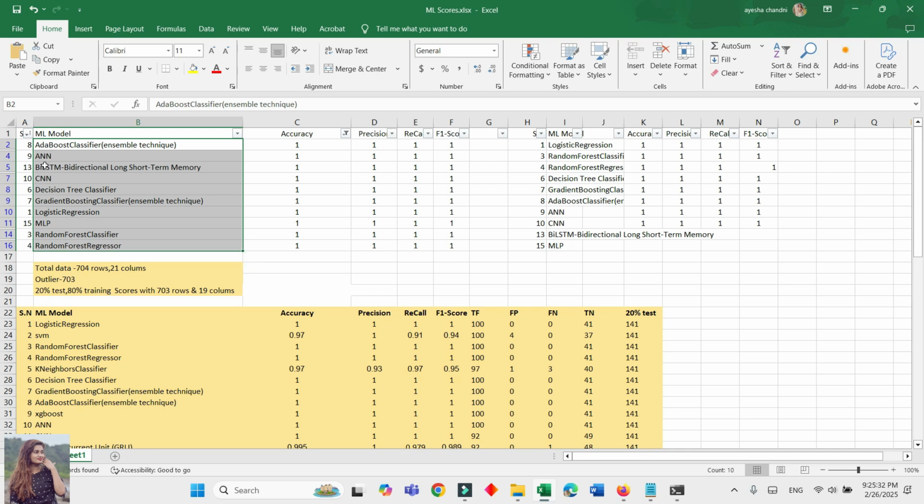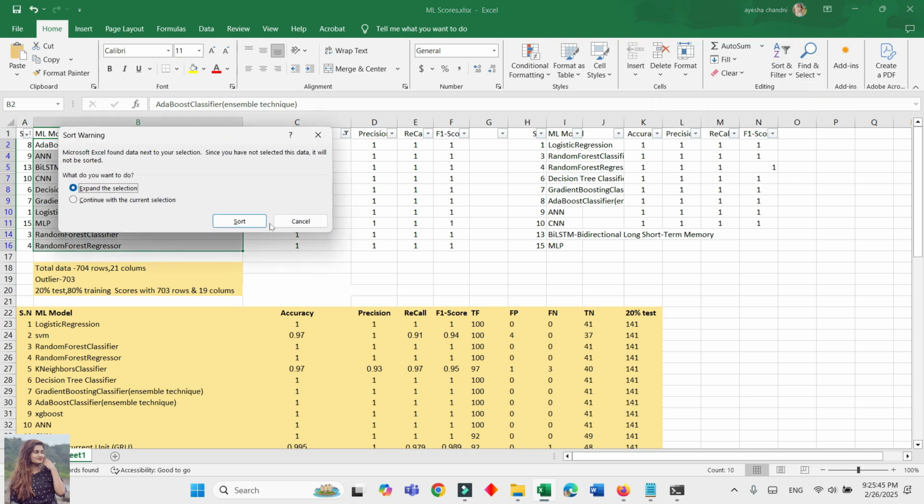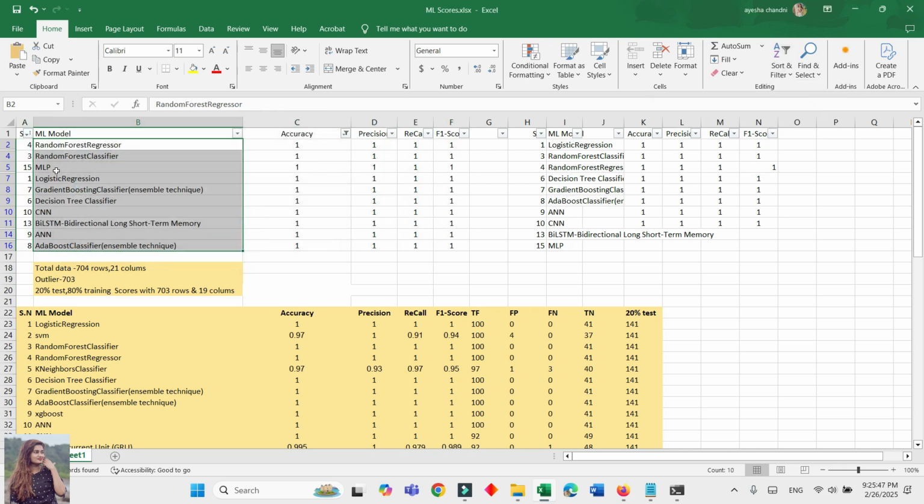So how? A, B, C, D, E, F, G, H, I, C. This is the sorting. Again sort Z to A. That means the regression. So C, R, M, L, G, A is the last thing. So in this way we